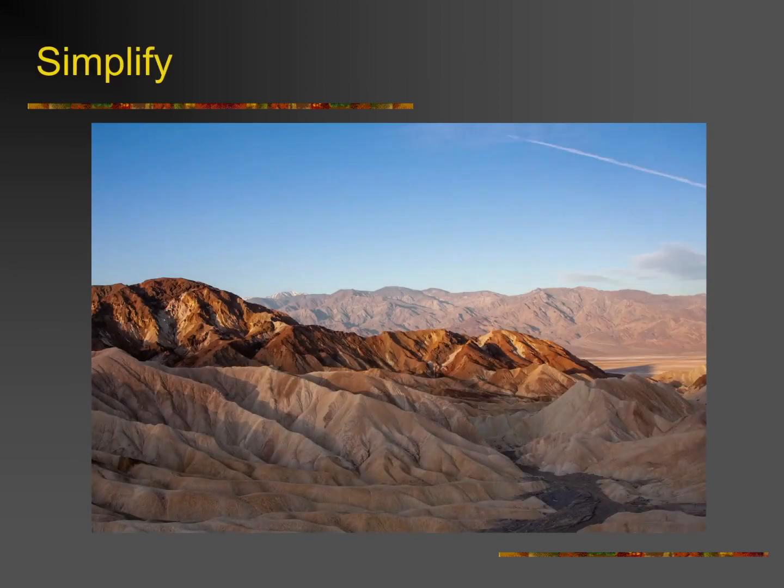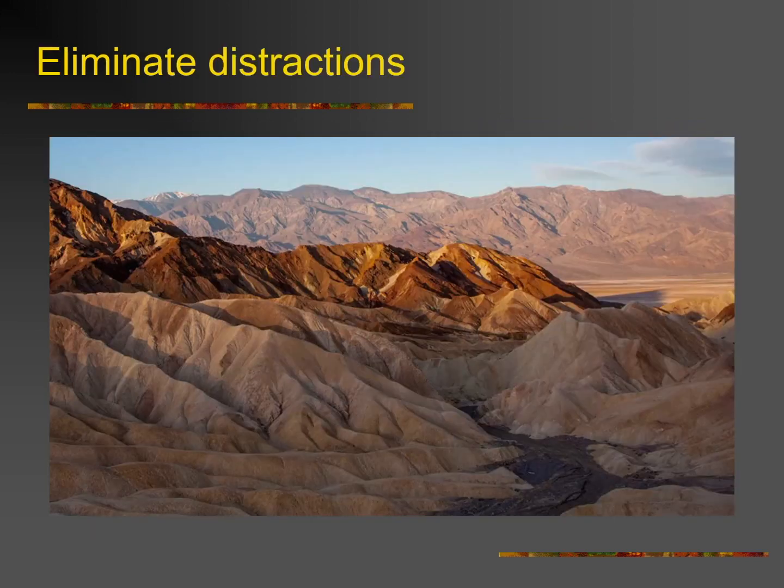In this case, we're going to give an illustration of simplification. We have a typical broad landscape image from a morning at Zabriskie Point in Death Valley. And of course, you've got the big immense sky, you've got the airplane trail in the upper right corner, distracting from the overall image. Simple elimination of the distracting jet trail and excessive negative space lets the viewer's eye better